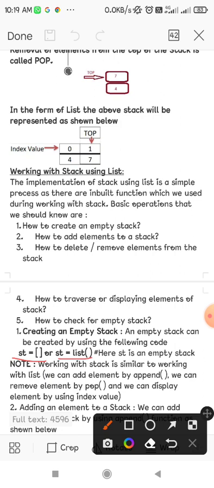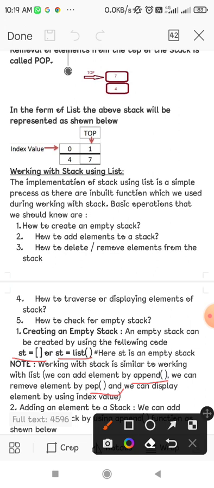We may add an item in the stack with the append method, or we may remove with the pop method. The append method is used to add only at the end of the list, because keep in mind a stack is always a single-ended structure. You cannot insert in between. You will add the element at the end. That's why you can use only the append method with a stack.